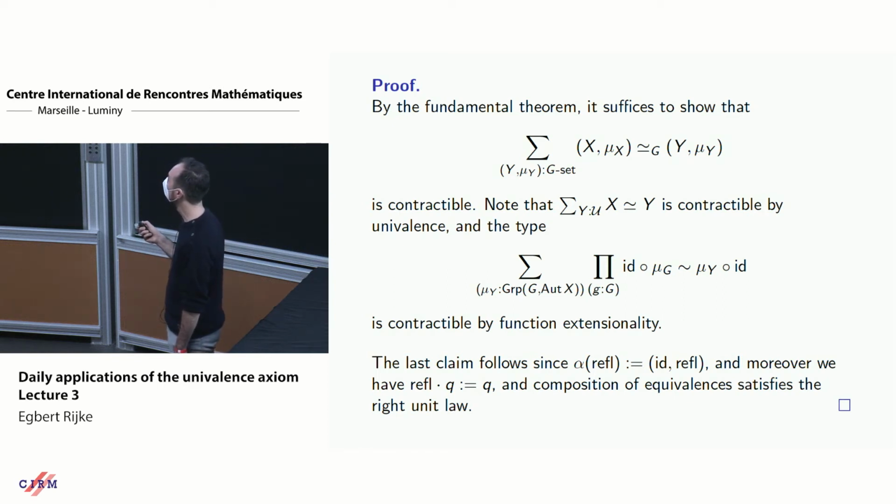So you prove that the total space of equivalences of G sets is contractible. And to do this, you simply say, we know that the type of y equipped with an equivalence from x to y is contractible. So we kind of distill this out from this big sigma type. Note that this is actually 4 sigmas, 2 in the bottom and 2 here. So we have something contractible by univalence, and then